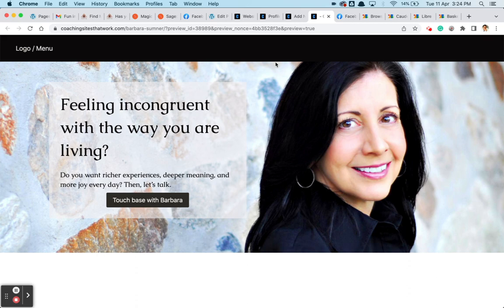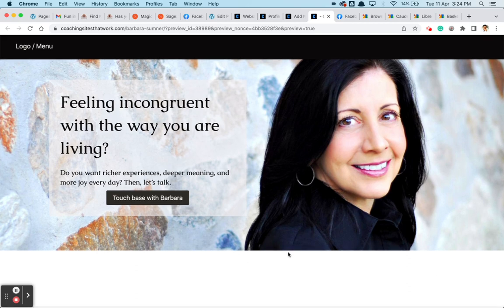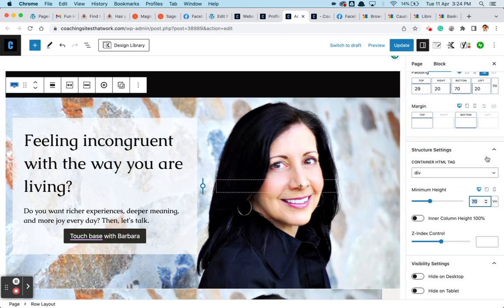Okay, so I like it to be the most dominant item on here. So that's 70% vertical height. That's what I did for the minimum height. And then what else did I do? I did the row, the width of the row